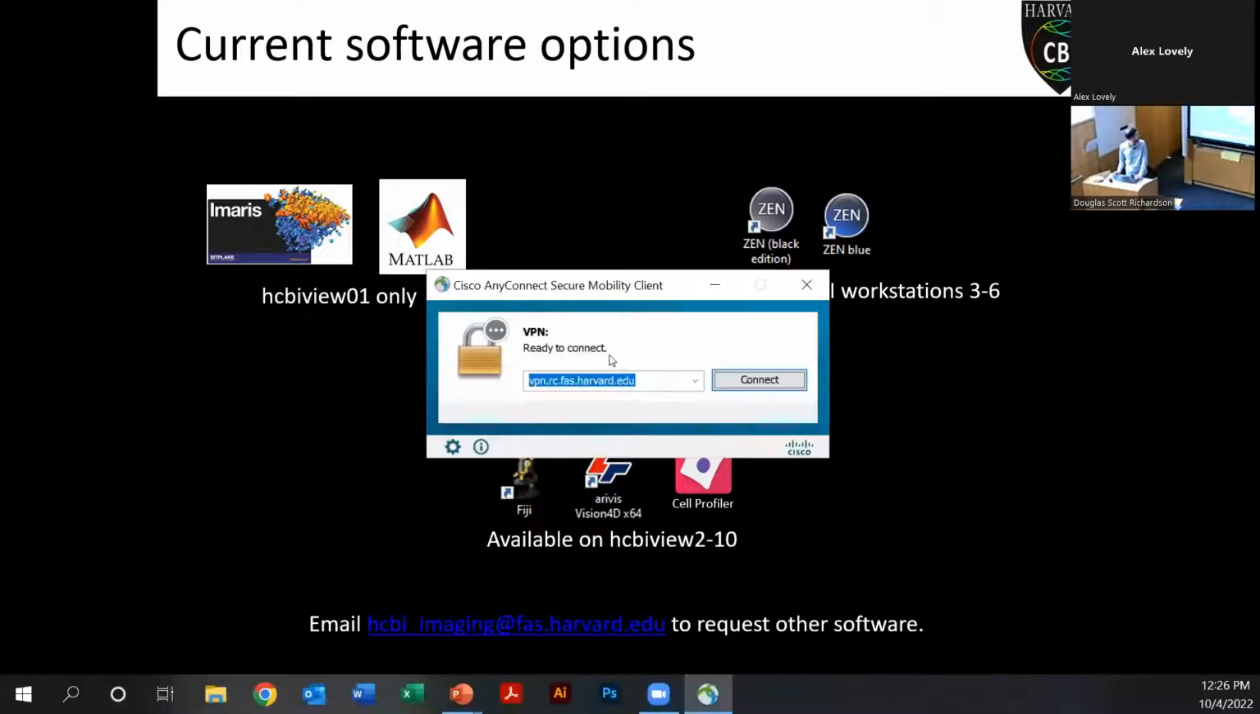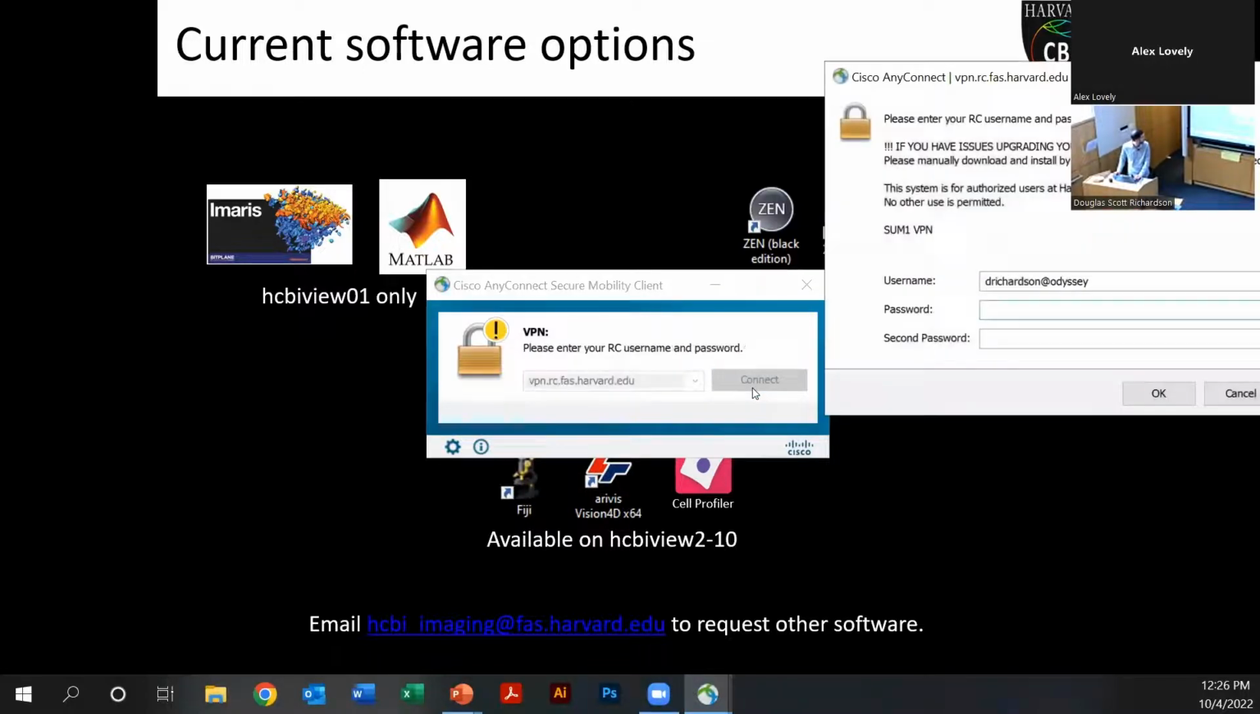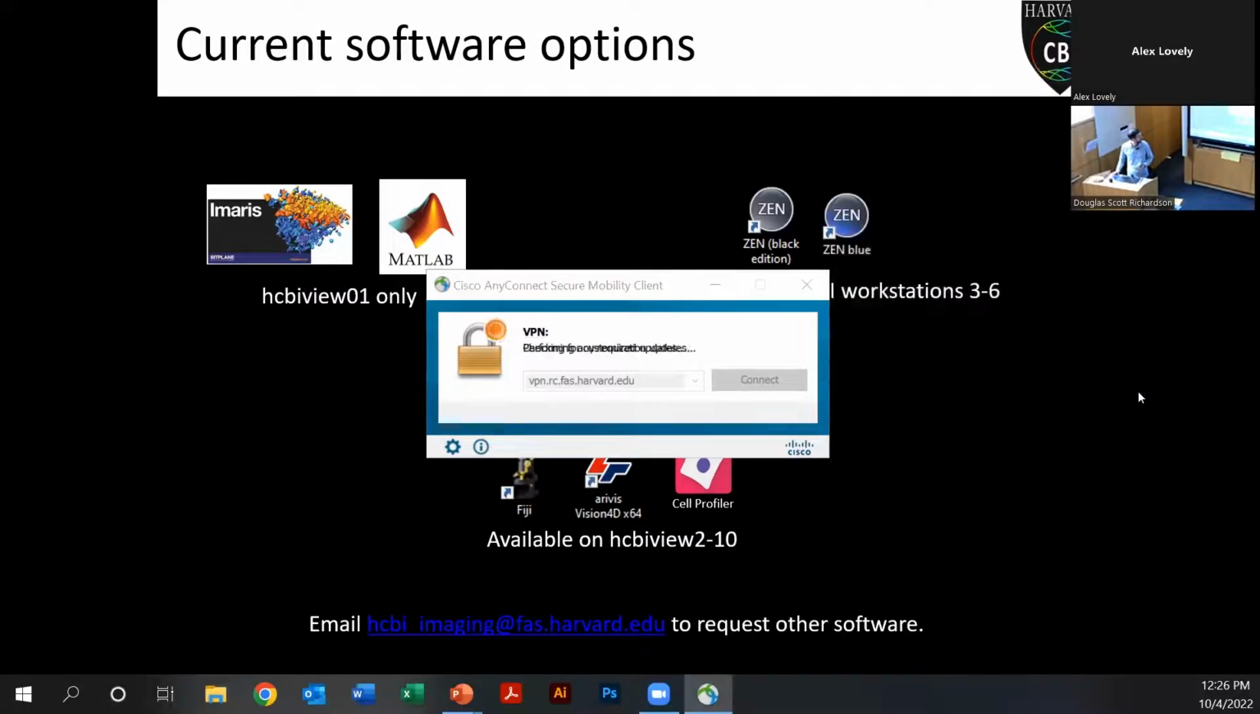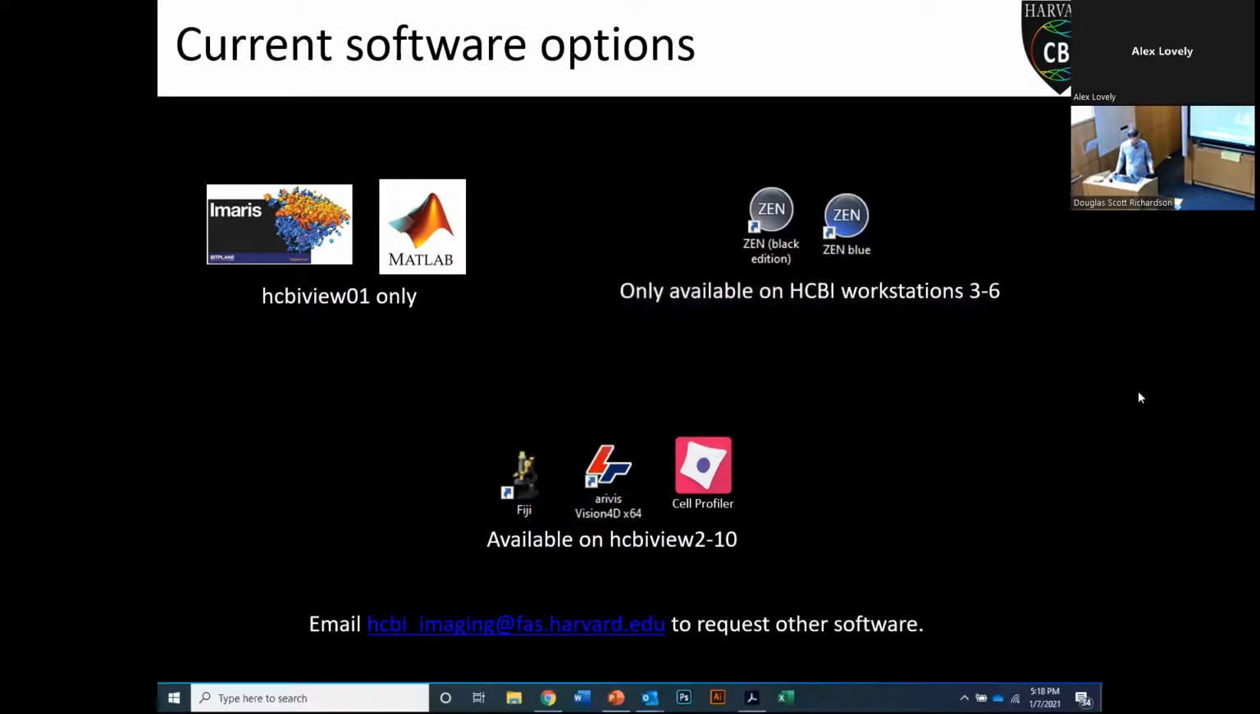All right. So first thing is just connect to the RC VPN. It's going to ask for your password. It's going to ask for your second password. It's probably on your phone or your desktop through the authenticator. Okay. And then,